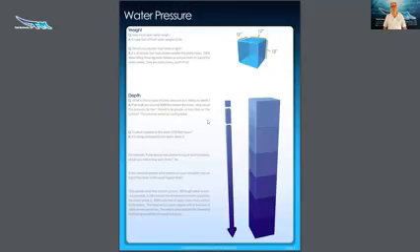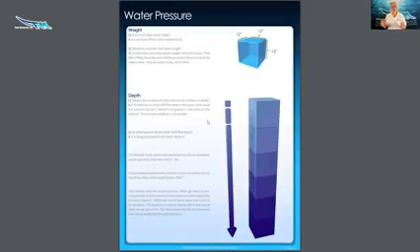So the first thing we want to do is look at how much does water weigh? And a cubic foot of fresh water weighs about 62 pounds. So 1 cubic foot is about 62 pounds. And the big question here is, would you consider that heavy or light? It's all relative, but most people consider that kind of heavy.